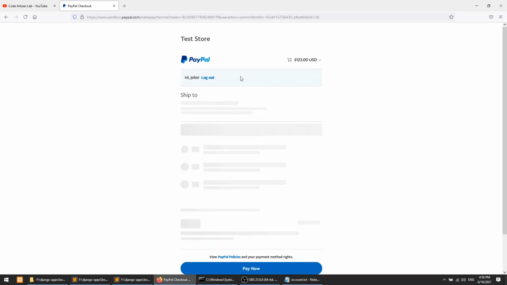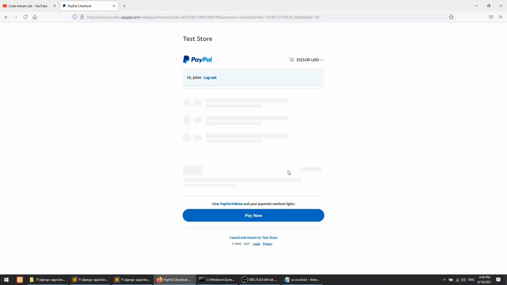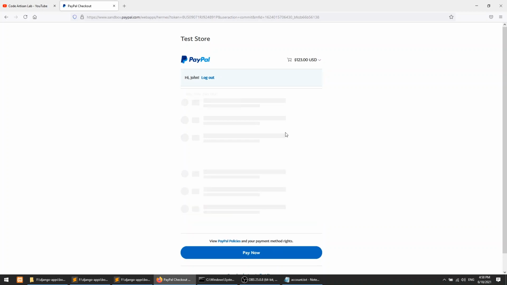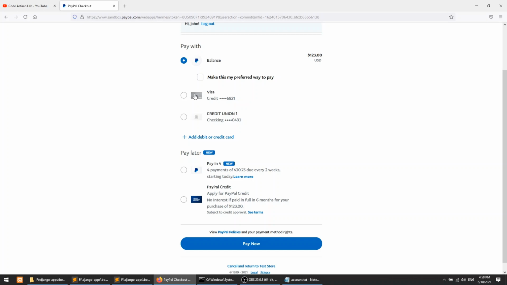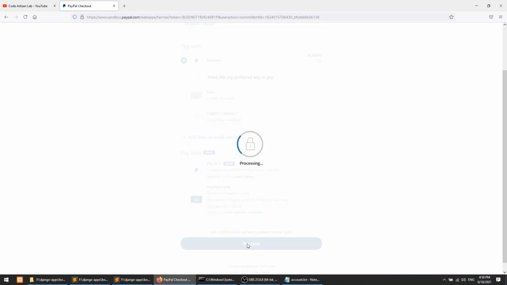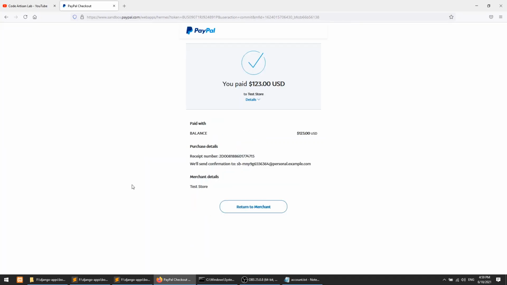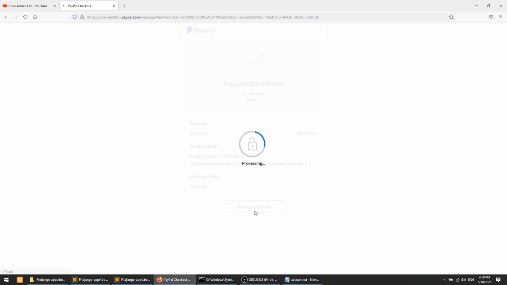I have already logged in, so it is showing the things. Here you can pay with the PayPal balance, and after pay now it is processing the payment. So here you paid 123 USD and returned to merchant.